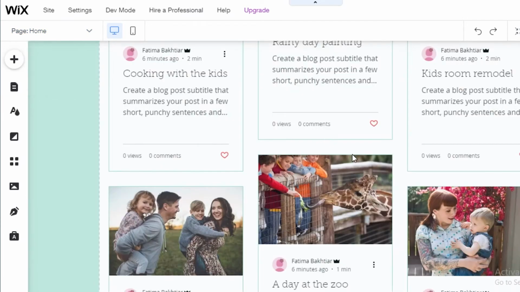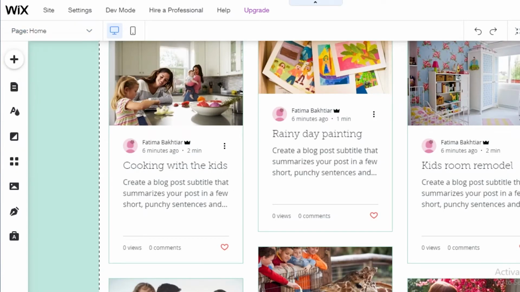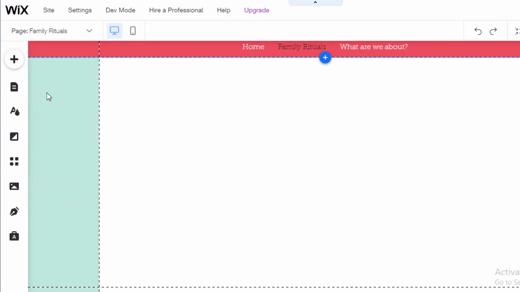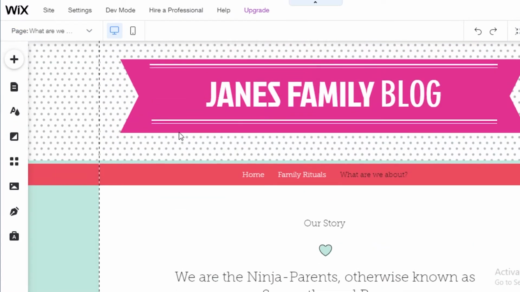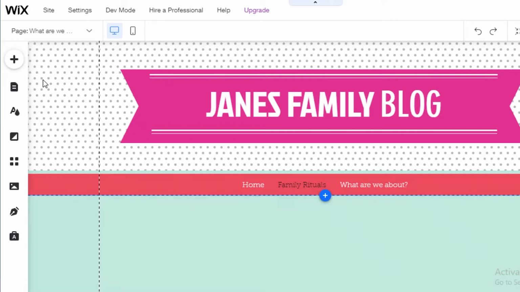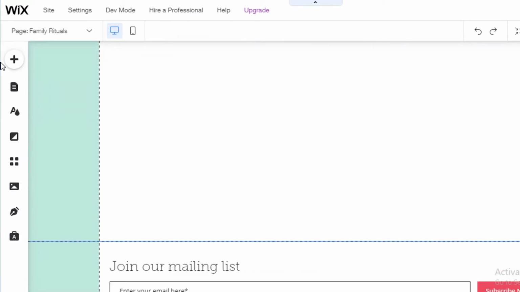Now this is the home page, and after that I have my family rituals page, which is empty because I haven't added any content. And then I can go onto the what are we about page, like this. Now if I want to add content to a specific page, I'm just going to select it here from the top left. I'm going to go into the family rituals section,